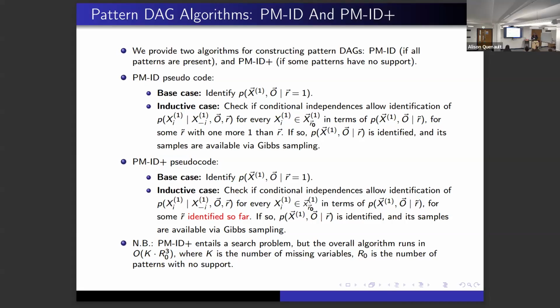In PMID plus, what we have to do is maintain a set of things we've identified so far, and we do a search problem for donor patterns for things we haven't yet. And if that succeeds, we end up constructing a graph like in the previous slide. And even though it is a search problem, the actual overall algorithm is polynomial in the number of missing variables and how many usable patterns we have, which is important because it's okay to be polynomial in that. At the very least, you should be able to list the patterns that we have. Because if you cannot even list the patterns that you have, you have no business doing the missing data problem at all, right? Because you can't even enumerate what you're doing.